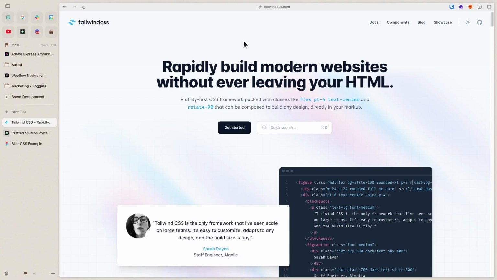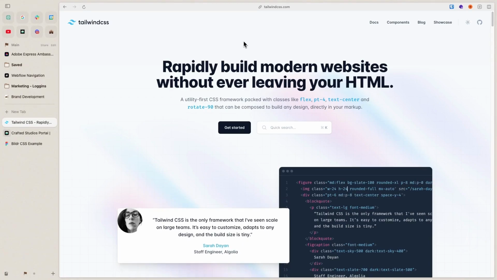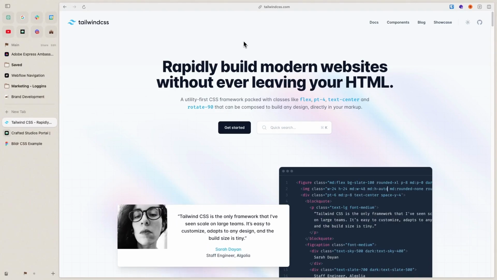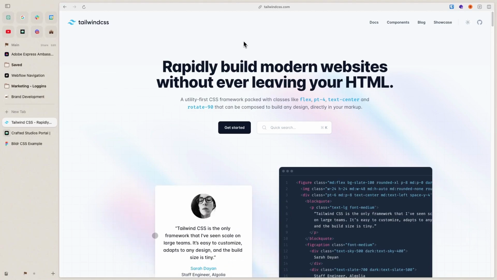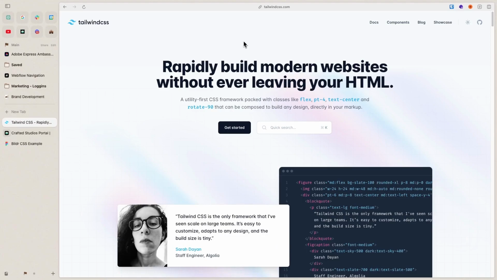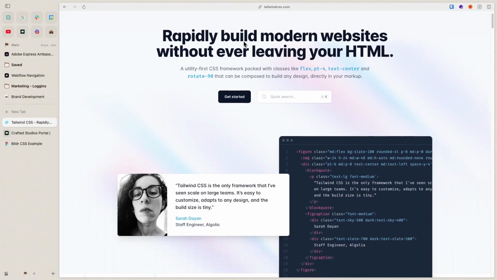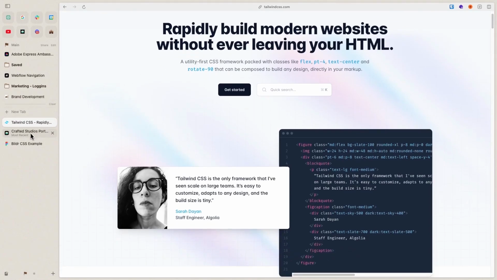Another thing, it provides rapid iteration because you don't have to worry about, oh, I spent all this time styling this, but now I need to change it and I don't want to keep going back and forth into the styles. The only thing you have to do is take out what you don't need and then replace it with another class. So to give you an example,